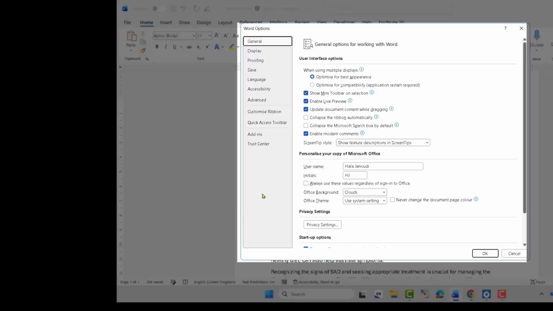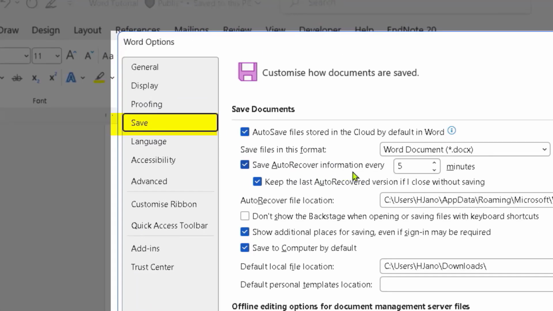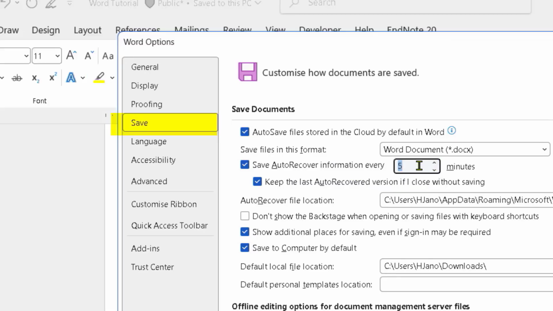the most important thing when you go to Options is to go to Save. When you go to Save, there is AutoRecover. This is very important. You can change the number to 10 or 5 minutes. What is the aim of this